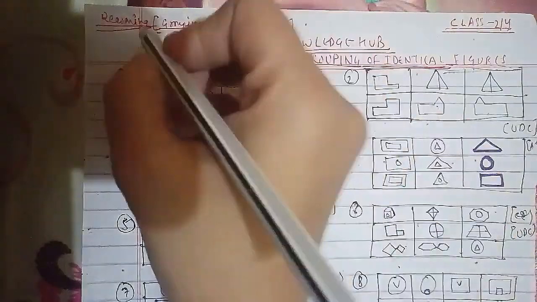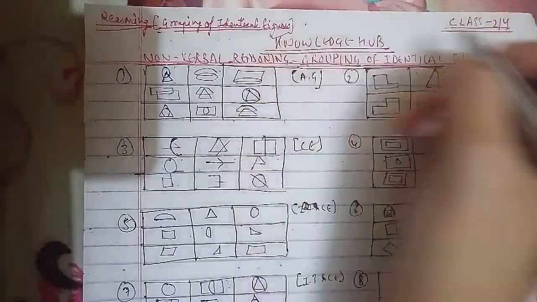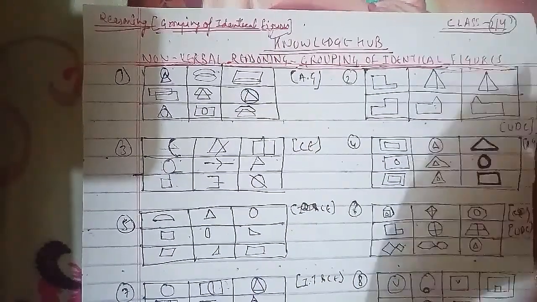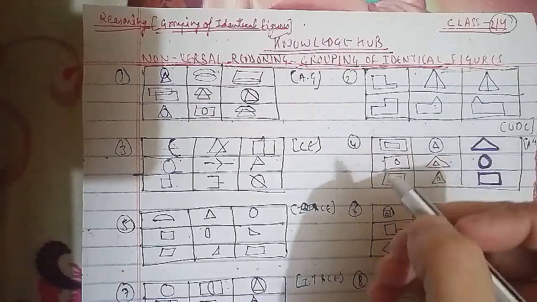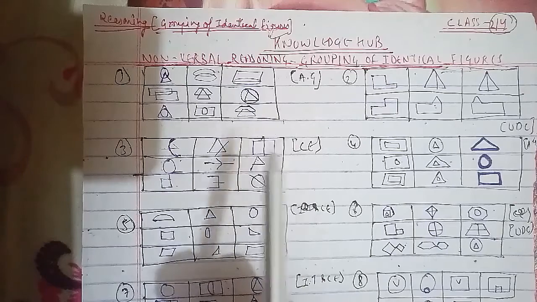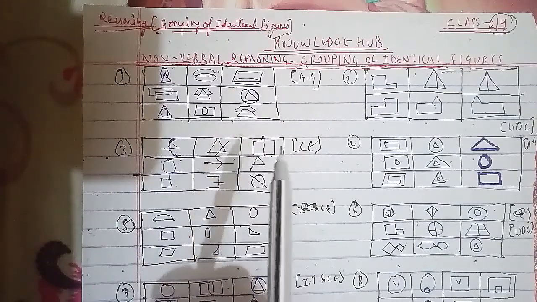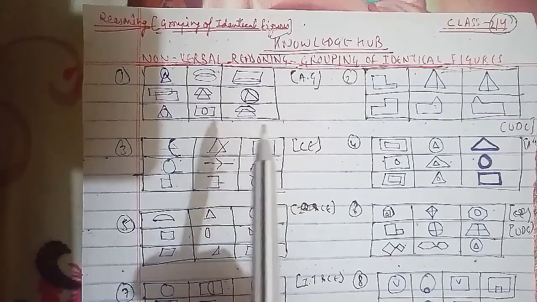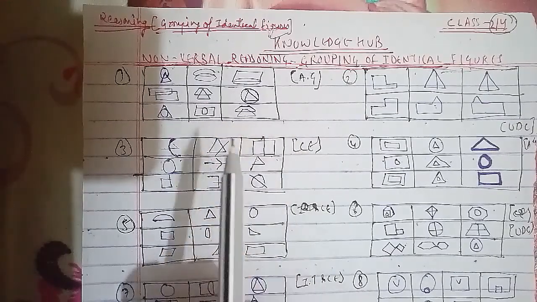Today we're going to start with your reasoning class, and this has been the grouping of identical figures. This is your 214th class, where we had completed your 213th class before, where we had completed your verbal reasoning. There we had completed general mental ability and the logic reasoning, and we had started with your non-verbal reasoning. In verbal reasoning, that is general mental ability, we had completed analogy, classification, series completion, coding and